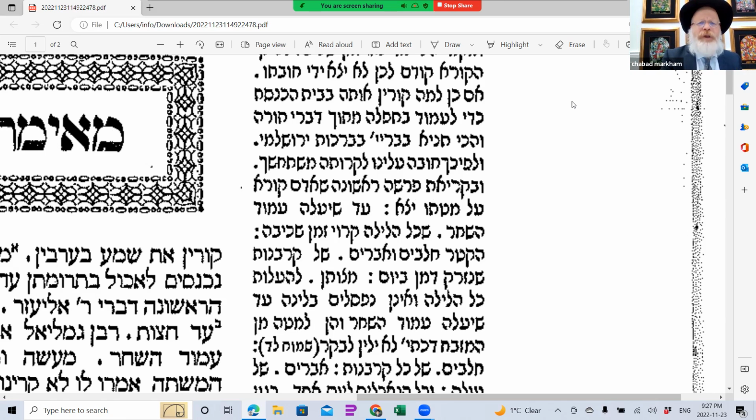Since when is one paragraph of the Shema enough to fulfill the mitzvah of the Shema? Rashi says that's why we say Shema before we go to sleep, because that's the real performance of the mitzvah. What happened with the other paragraphs of the Shema? What are we doing with that?